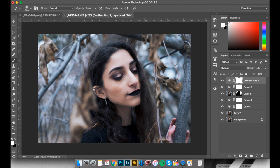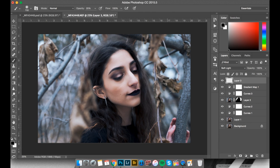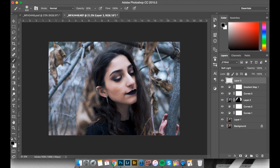Next, I want to just darken the background a little bit to make the subject stand out more, so I'm going to add a new layer and make it a soft light layer, and I like to zoom out a little bit for this part. Make my brush quite big with a black color, and make my opacity around 10 or 20%. I'm going to start at 10, and I just like to go around the perimeter of the image like so, and just paint